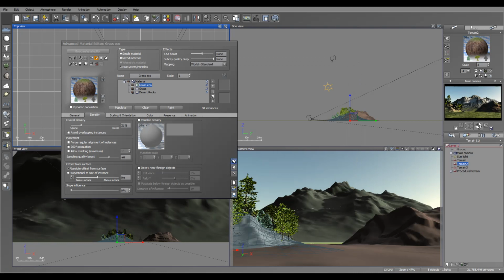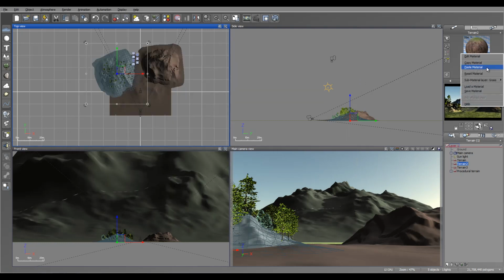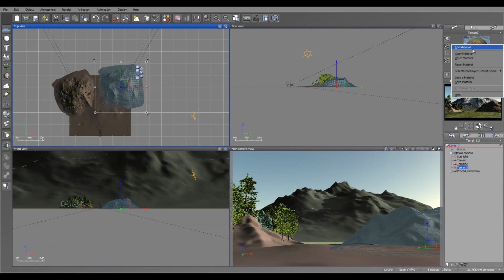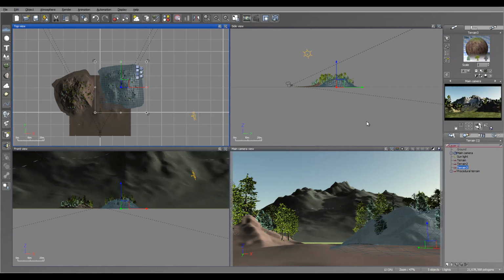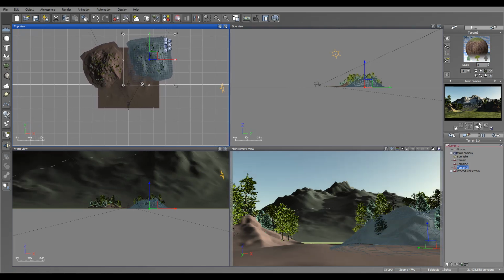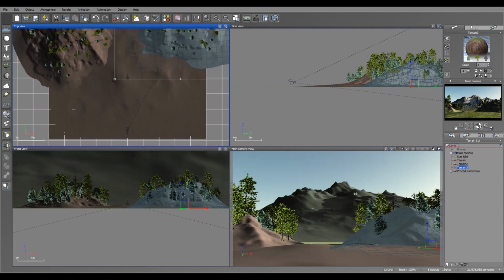Okay, next let's copy this material again, take our other terrain on the side and paste. Well, it says populate, so let's click populate. We have two done. Next I want to start working manually. Before that, on the back right here I want to also put some trees,